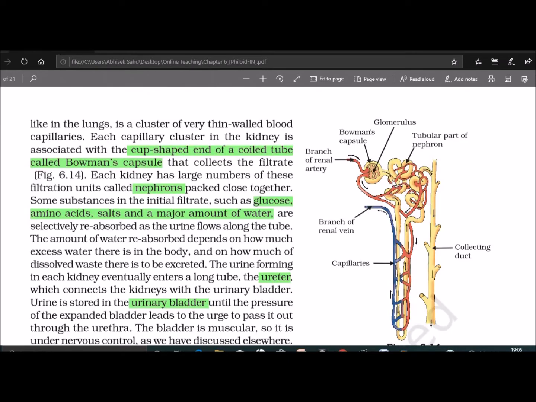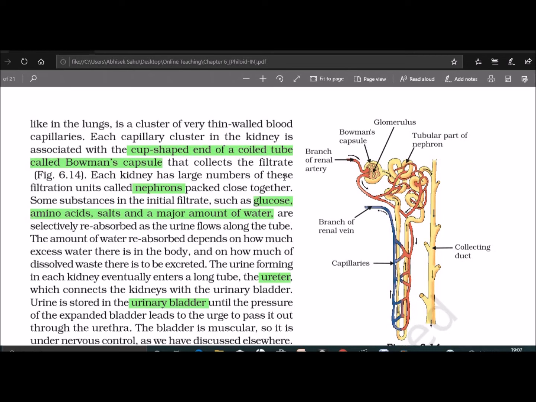A kidney has more than 1 million nephrons, which is the fundamental functional unit of the kidney. A nephron is divided into two parts, that is the glomerulus and the renal tubule. The glomerulus is a tuft or a branch of capillaries that performs the first step in filtering blood to form urine. Next is your renal tubule.